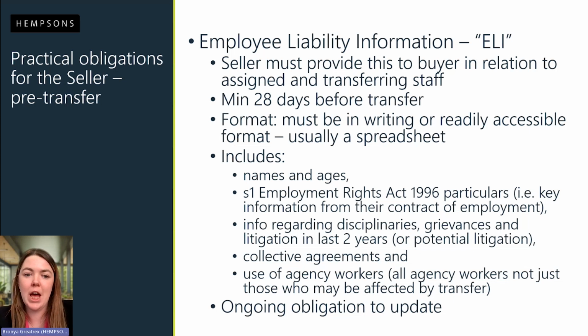So that includes names and ages of transferring employees, all the Section 1 Employment Rights Act particulars, so that's all the key information that must legally be in someone's contract of employment, any information regarding disciplinaries, grievances or claims in the last 2 years or potential claims, any collective agreements that apply, and also information around the use of agency workers. And when we're looking at that last point, the use of agency workers, the seller must share specific information